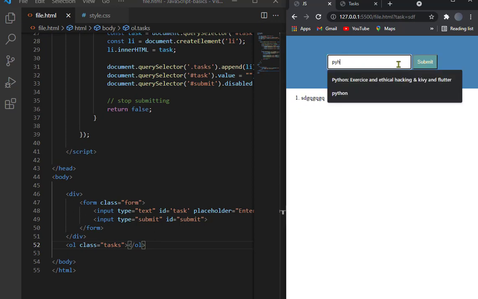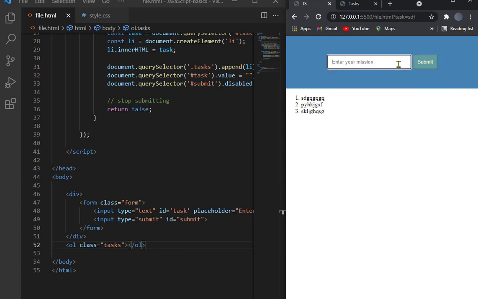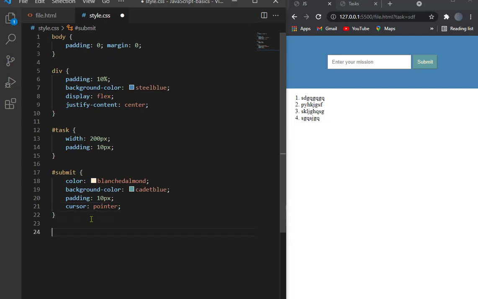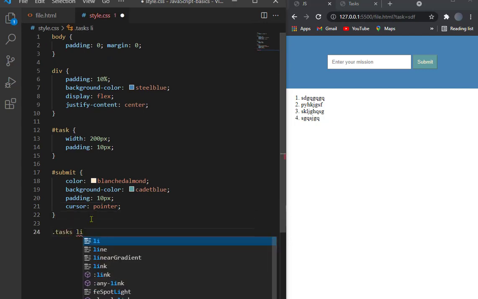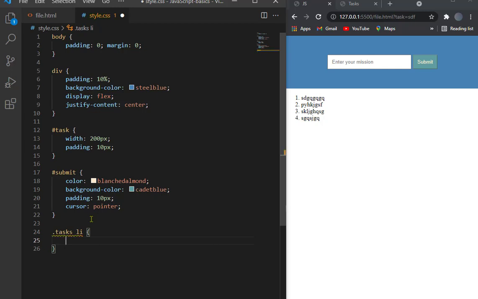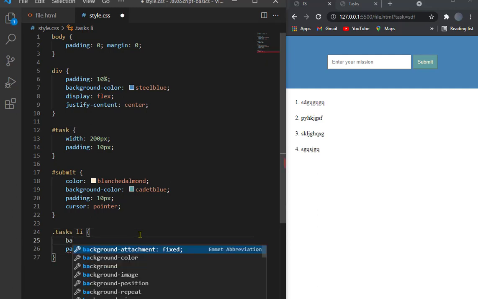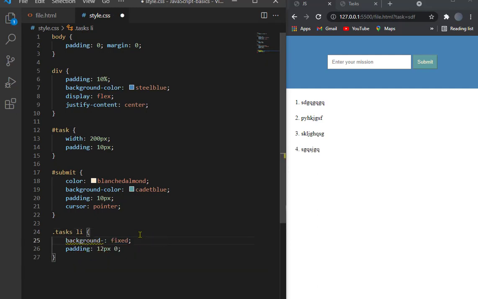You could add anything as you want, but I want to make these older lists have a padding, so I'll do this .li, because we created that, and give it a padding-top of 12 pixels, 0 to the left, so as you see here, and give it a background color to light gray,